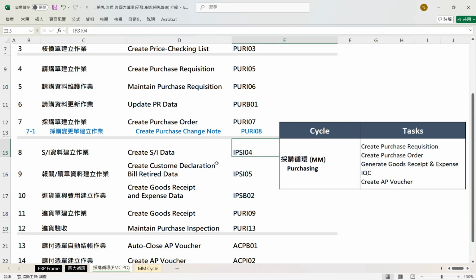IPSI04. Shipping personnel use the Create Custom Declaration Bill Retired Data program to establish customs declaration and bill retirement data. The program code is IPSI05. After the customs declaration and bill retirement data are established, a goods receipt note will then be created using the Create Goods Receive and Expense Data program. The program code is